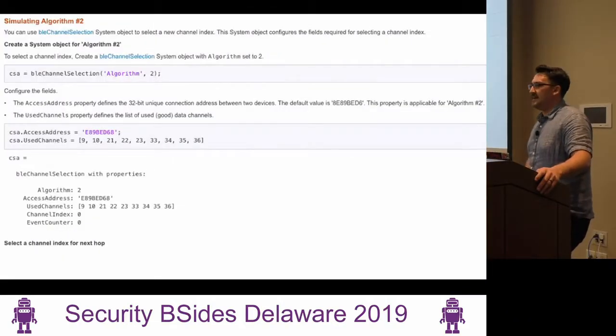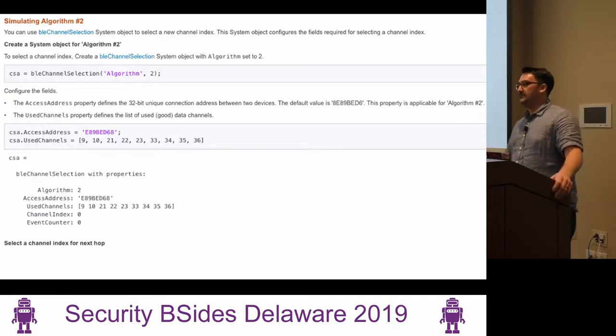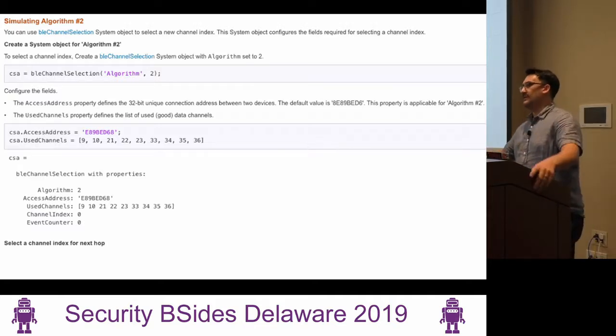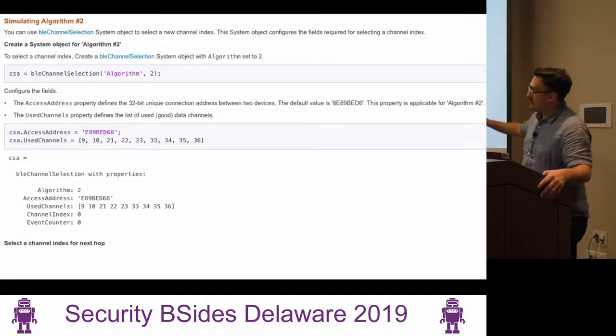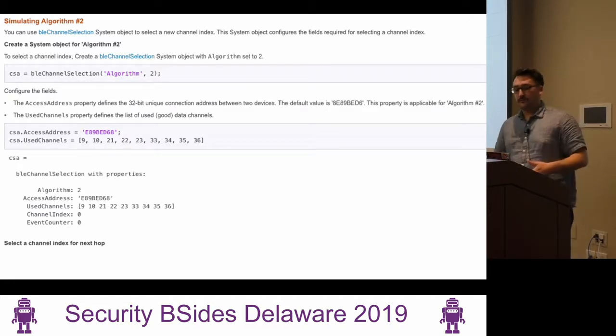Has anyone ever heard of MATLAB? Right? It's the engineering software that does a lot of really advanced simulations. So that's one of the things, quote unquote, I leveraged in reverse engineering. I was looking at MATLAB and I asked, in all their documentation, where is your 101 on creating Bluetooth low energy devices? So this is a screenshot from MATLAB and kind of how they walk you through creating a